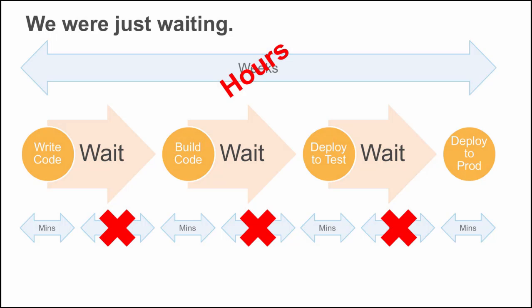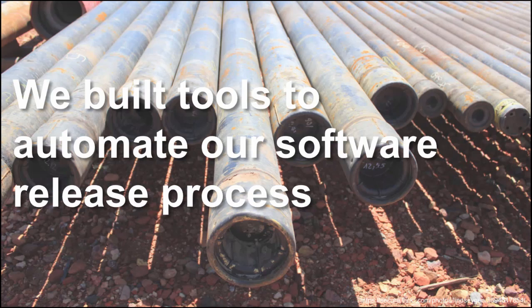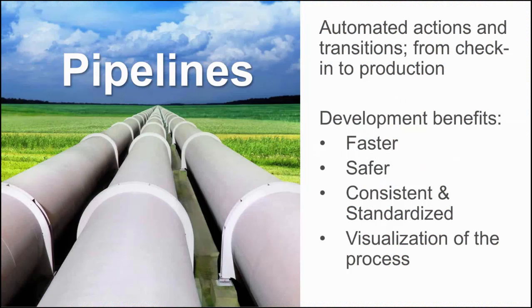And so we looked at all the products, we looked at all the pieces, we looked at all the waiting, we looked at all the commonalities between them, and then we realized that what we needed was some tooling to solve this problem. And so what we built were a number of tools to help us automate our software release process. And one of the first tools that we built to help with this was a tool that we internally called pipelines. And so what pipelines does is it helps automate all of the actions and transitions from check-in to